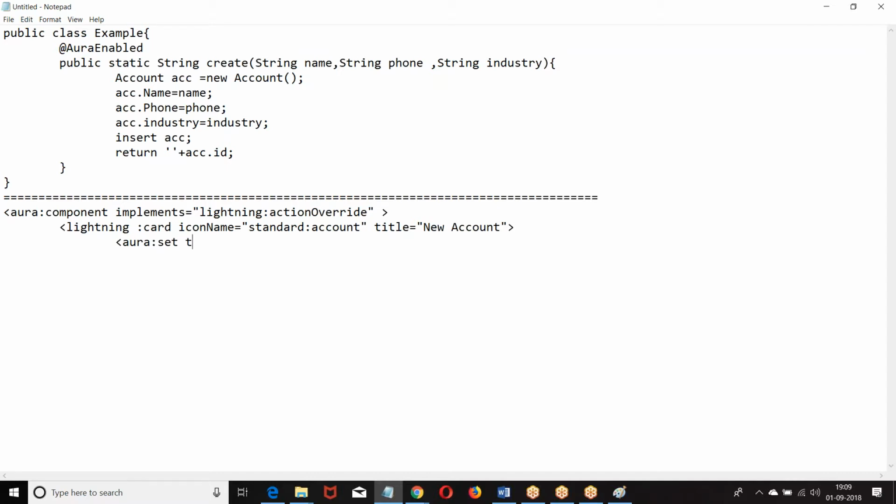Then we need to give type equal to, then define.